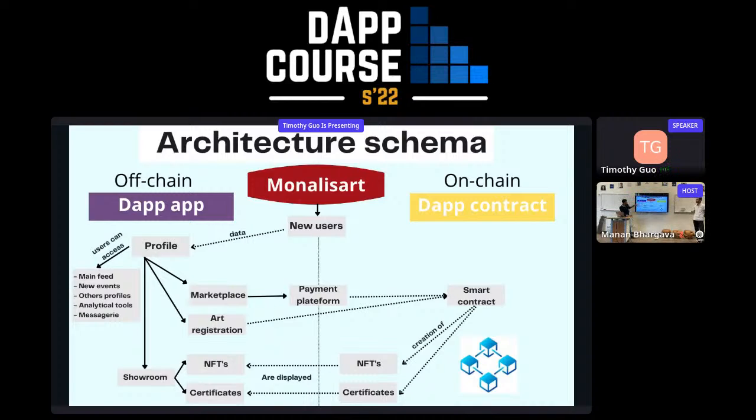On the plain line are the actions that the user can do on our platform. So when we have a new user, we will gather the data and create a new profile. Then he can access the main feed, what I talked about before. But he can also access the marketplace and the art registration. So when he accesses the marketplace, he can access the payment platform to buy some NFT, some art, or other